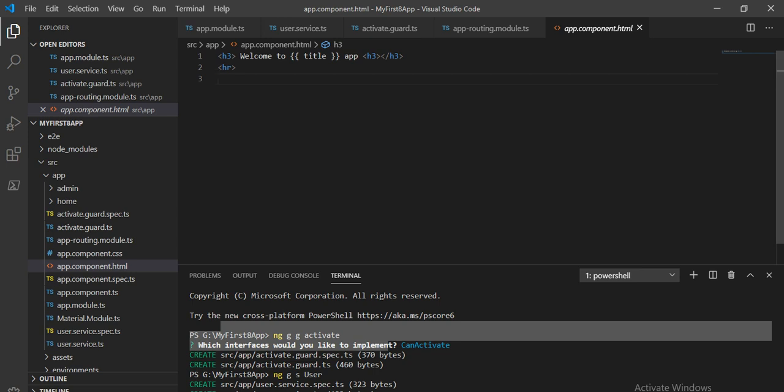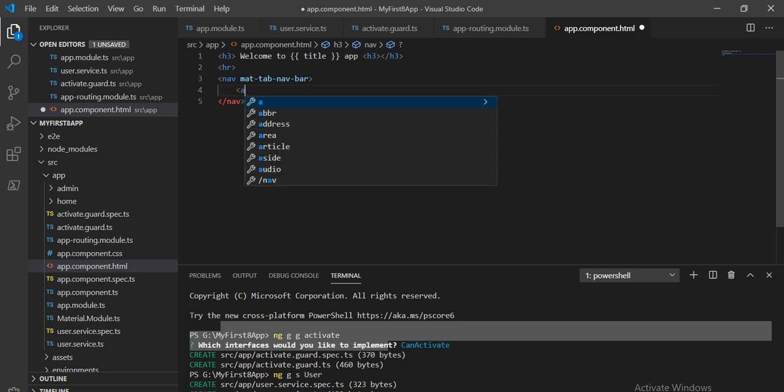So nav, and inside this I'm going to take this tab as Angular Material tab. So tab navbar, and inside this I am going to use our router, mat tab link, and inside this I will take router link, and